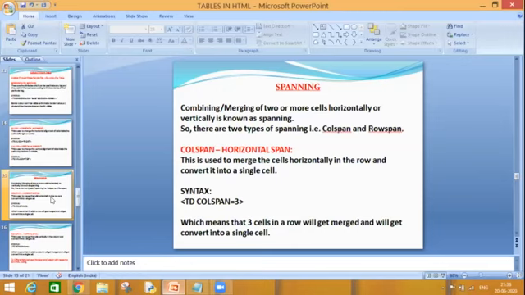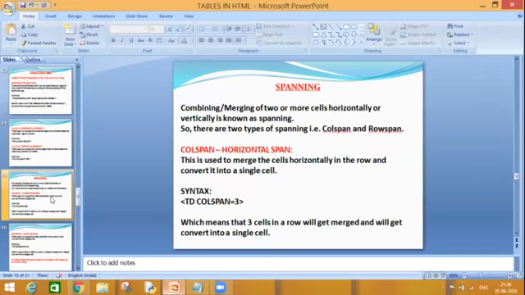So let us understand both the attributes one by one. Let's start with colspan. Colspan means horizontal span. Horizontal word is related to a row. Yes. Once the horizontal term comes, then the very first thing that comes into our mind is a row, because rows are horizontal. So this is used to merge the cells horizontally in the row and convert it into a single cell.